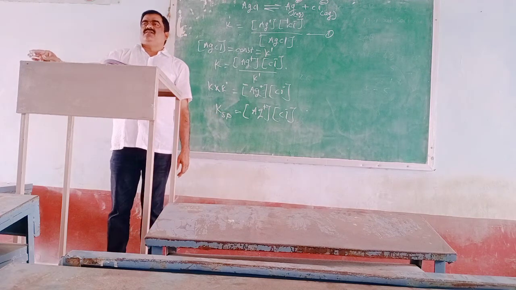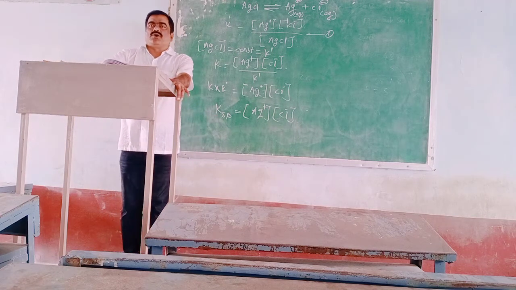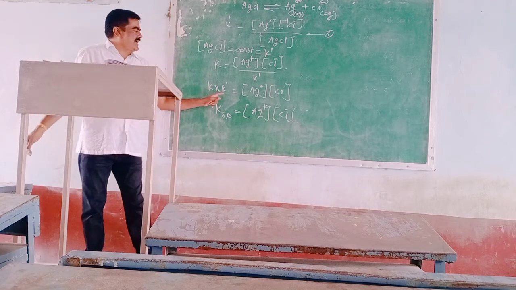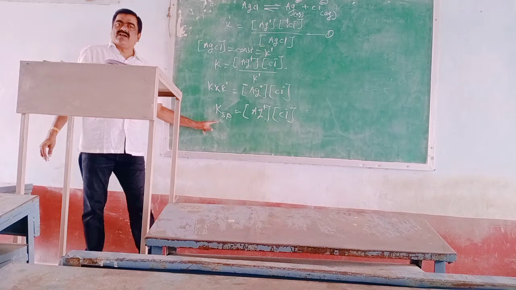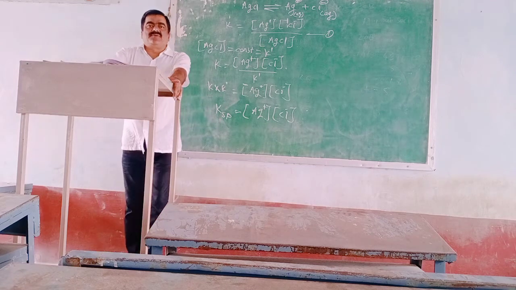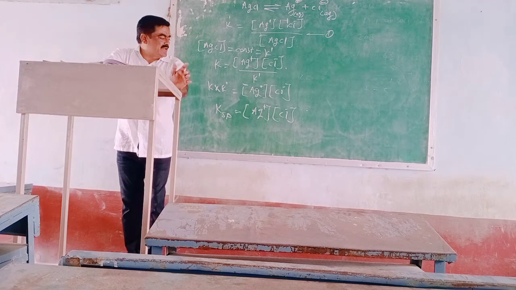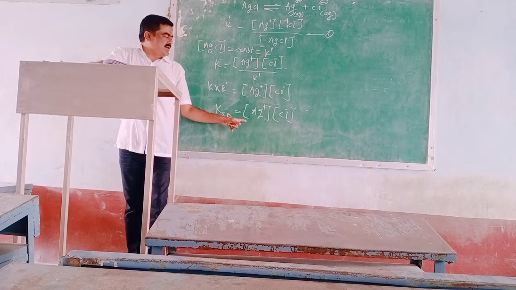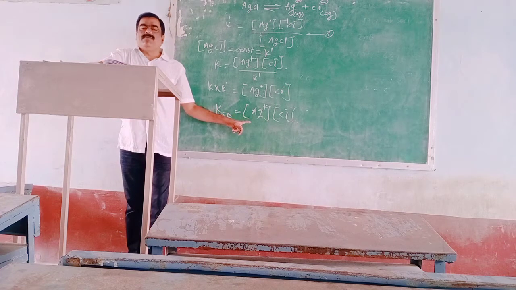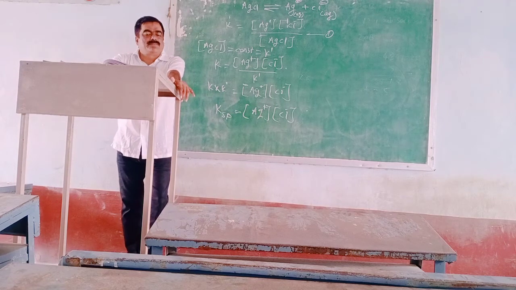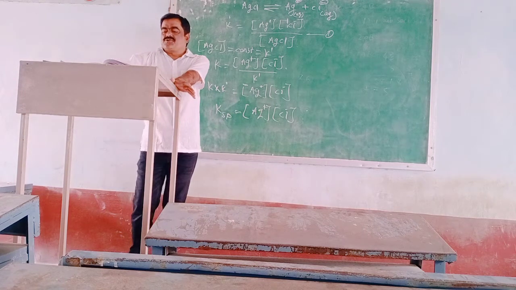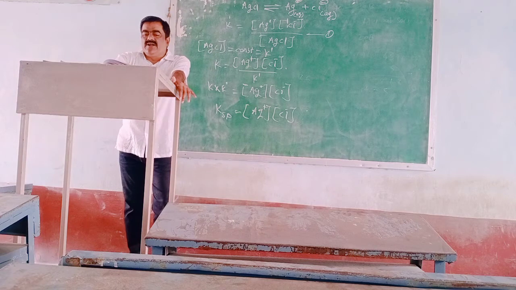This solubility product, that is K into K dash, is represented by the symbol Ksp, where Ksp is nothing but the product of the concentrations of the ions Ag plus and Cl minus. For the general solubility equilibrium, that is